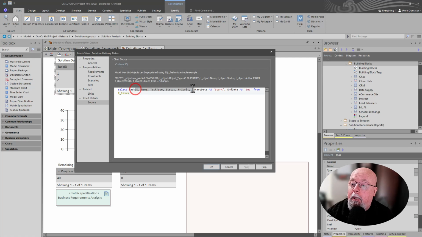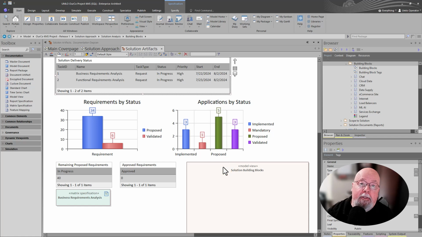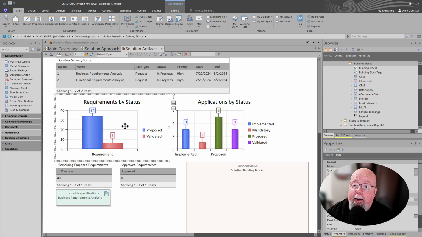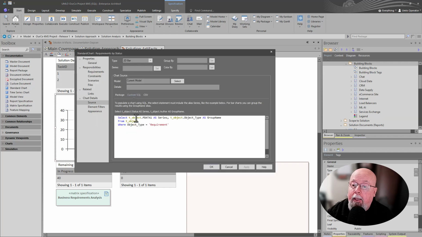You can see here from the task table, I've shown you how to understand the Sparx tables. There's almost 100 of them, and they do different things. So you can use model views, but I want to talk about dashboards really quickly. So this is a requirement status chart that we brought in here. When I double click on it, it's using this custom SQL here, creating a 2D bar chart